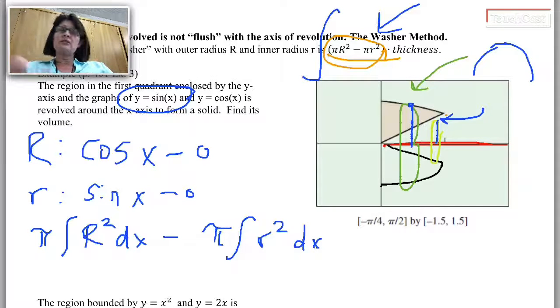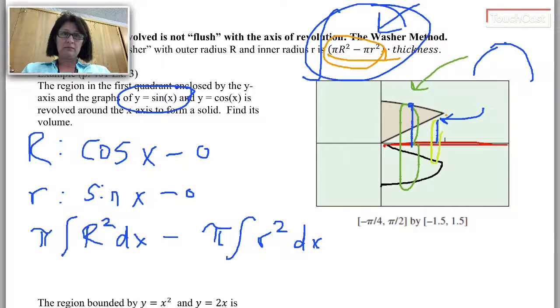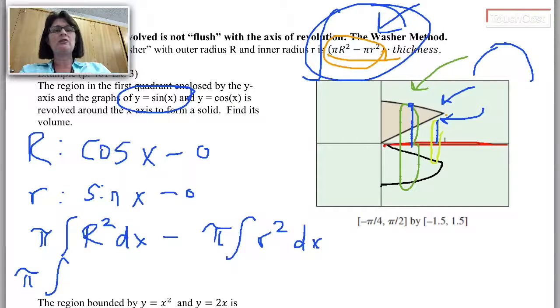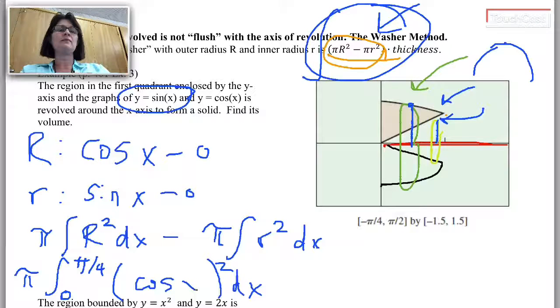So again, you could rewrite this so it's one integral. It looks more like this expression. It's not a big deal. Any correct expression is going to get full credit. So I'm going to write this now, pi times, if I'm writing an x integral, I'm going to need to use x limits. Remember we talked about what that x coordinate is, the place where sine and cosine bump into each other for the first time. That's pi over 4. So I'm going to integrate from 0 to pi over 4, capital R squared dx, and capital R was cosine of x. Obviously I can write cosine of x minus 0, same result,